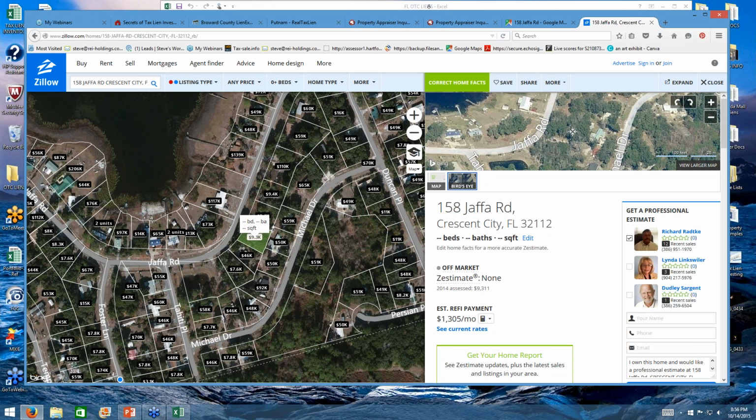And we can see that there are some homes within this area that look to be not bad homes, anywhere from $50,000 value up to $100,000 around this community. So in picking up this property, you might be able to sell it for $10,000, $20,000. And at that point, even if you sold it for 10, you would still be able to make a great profit. Even selling it for 5,000 or 6,000, as far as a quitclaim deed or through seller finance, you could make a decent little return.